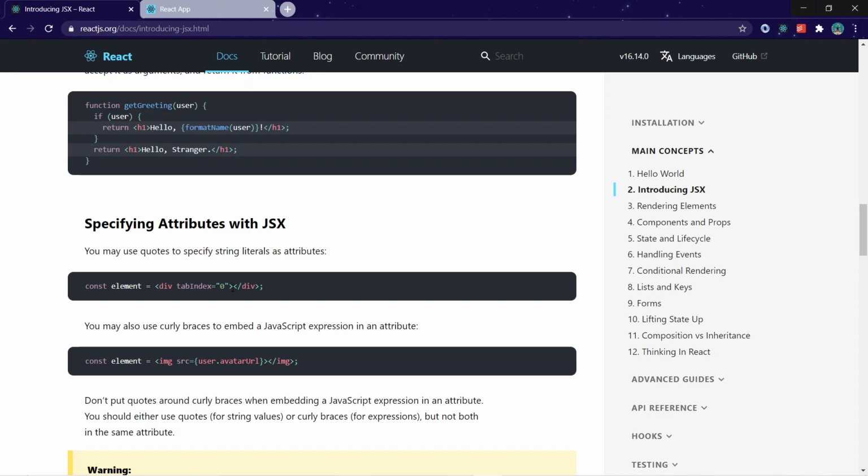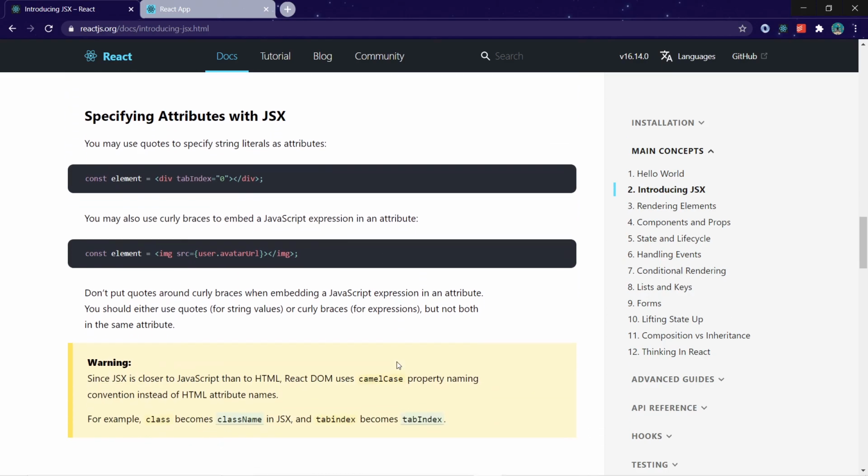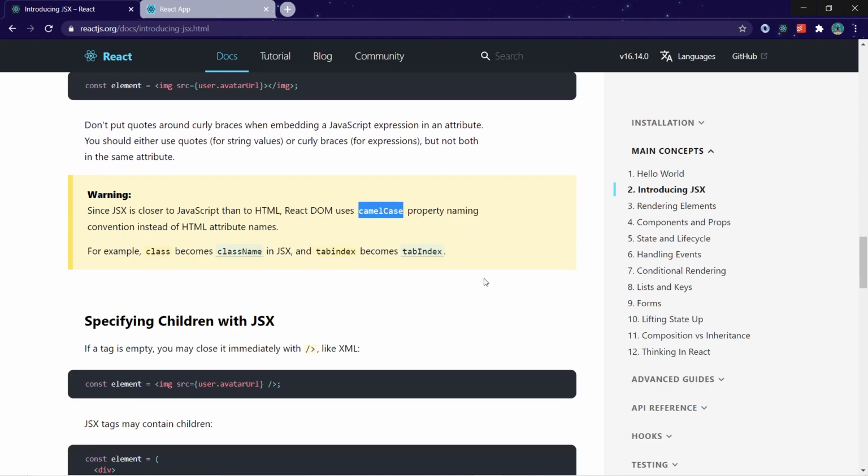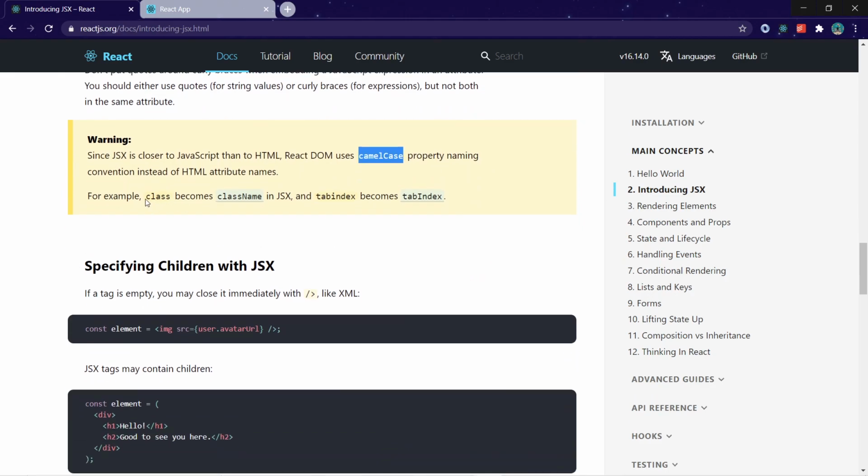Okay, so in HTML you might have used the attributes which come built in with all the elements tags. If you see with image, we generally use src attribute. So it is also similar in JSX. Syntax is similar, but one difference is there, and that difference is written here, that every attribute property is always written in camel case. Okay, remember that. So as you can see, example is given here.